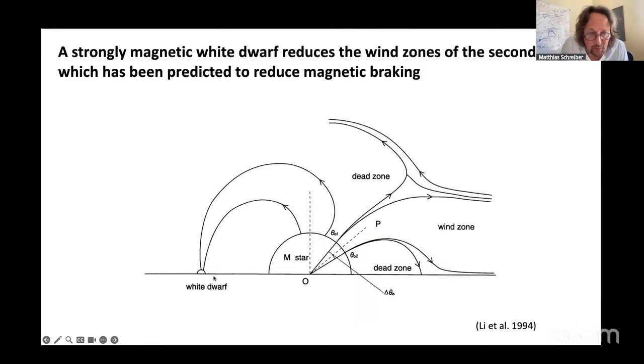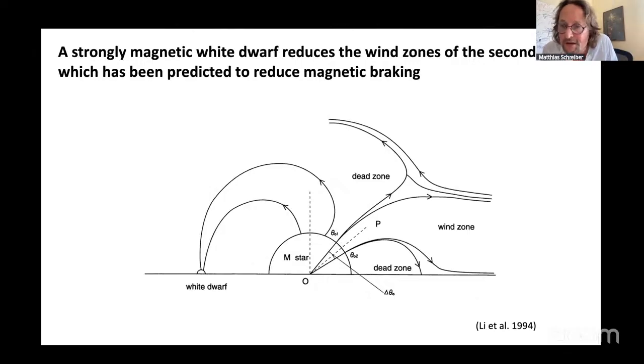If the white dwarf here on the left has a strong magnetic field, it can capture field lines of the donor star and then reduce the wind regions. So you need a wind to have magnetic braking. But if the magnetic field of the white dwarf is capturing all the wind, you don't have efficient magnetic braking. The wind zone in this example becomes very small. Just this region you can have efficient angular momentum loss. And if the magnetic field is even stronger, you can suppress magnetic braking completely